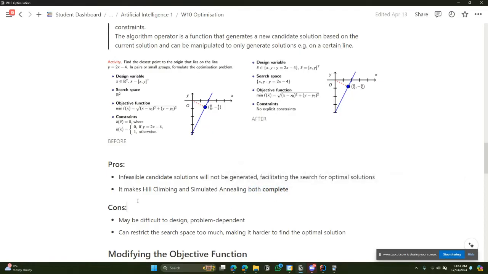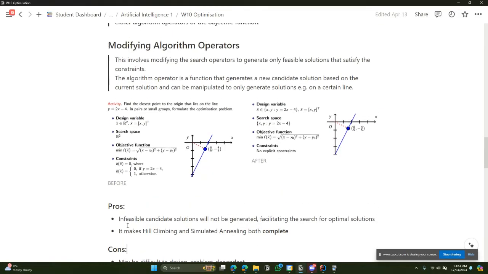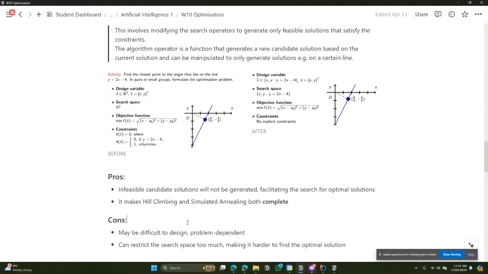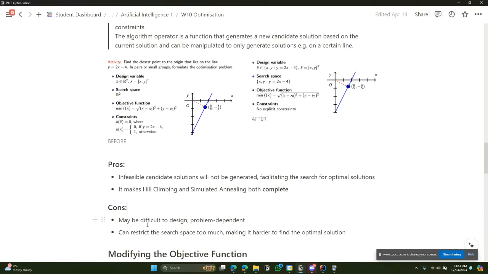So that is the big advantage of modifying the algorithm operators. It will make all these algorithms complete, and then may be difficult to design. Yep. So problem dependent. So Victor asked before, can we just do this where we remove all the constraints and